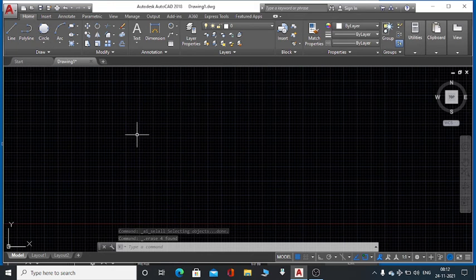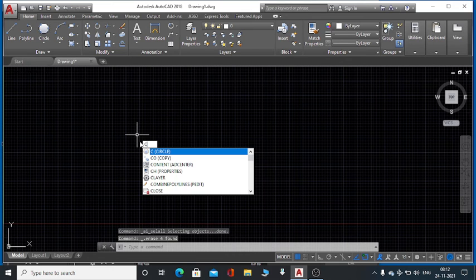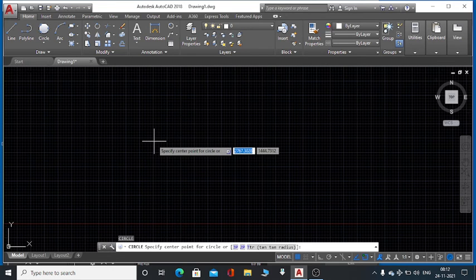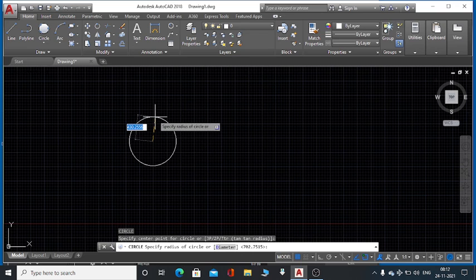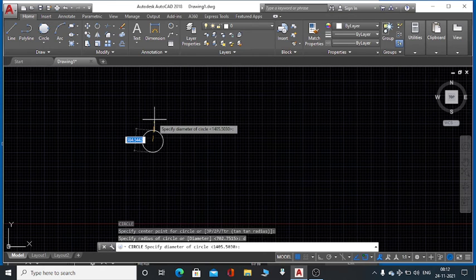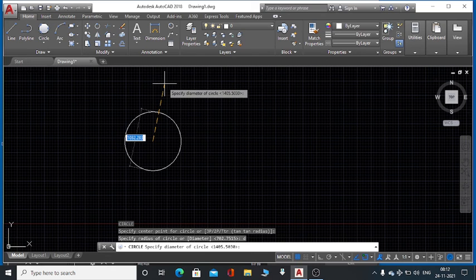The shortcut key of the circle command is C, enter. Now specify center of circle, radius. Here in the command line you can see circle specify radius or diameter. But if I want to create a circle with diameter, then what to do? D, enter. Okay, now you can click a diameter of the circle.